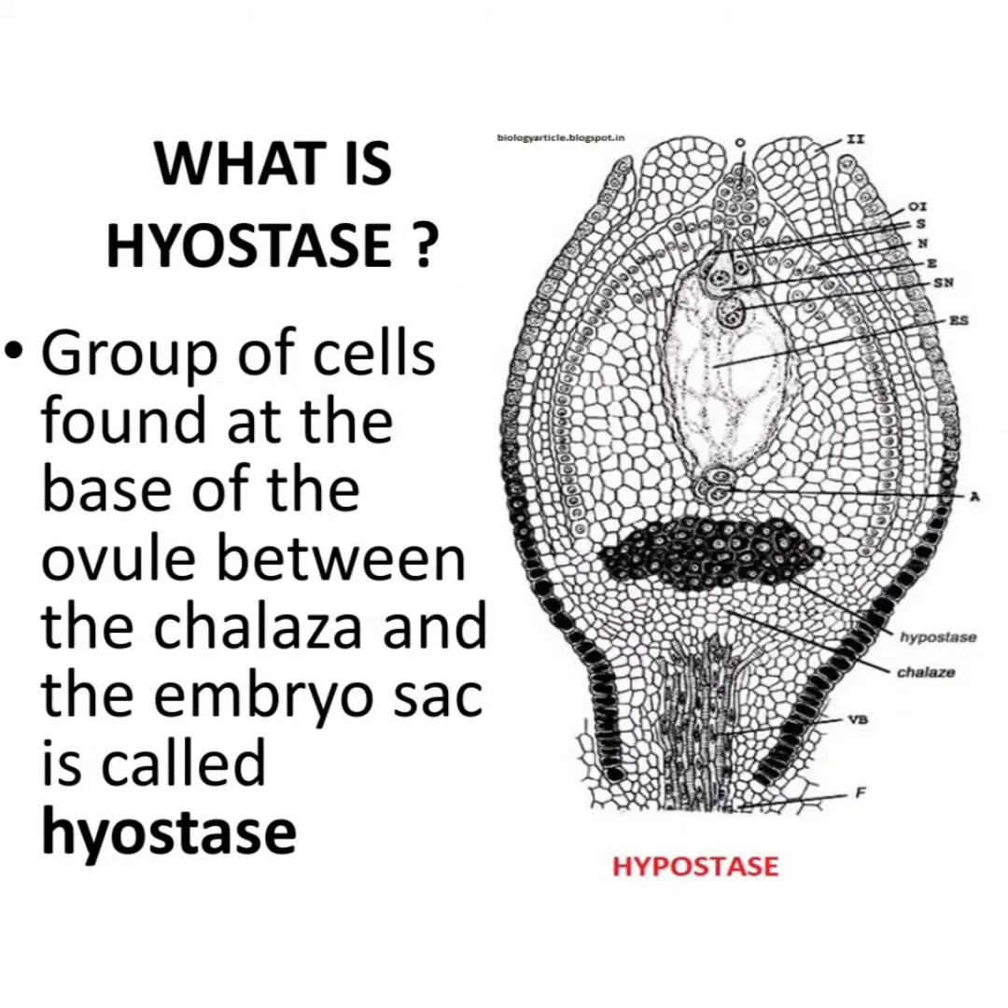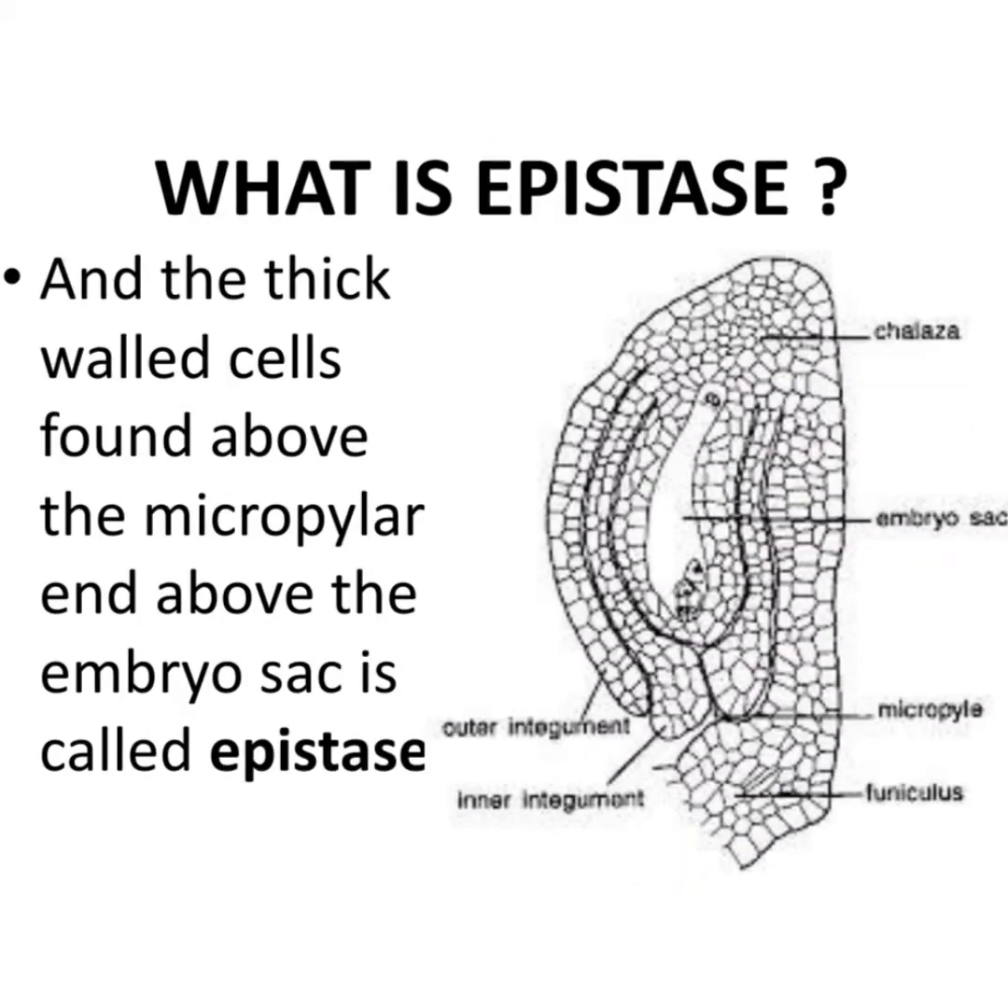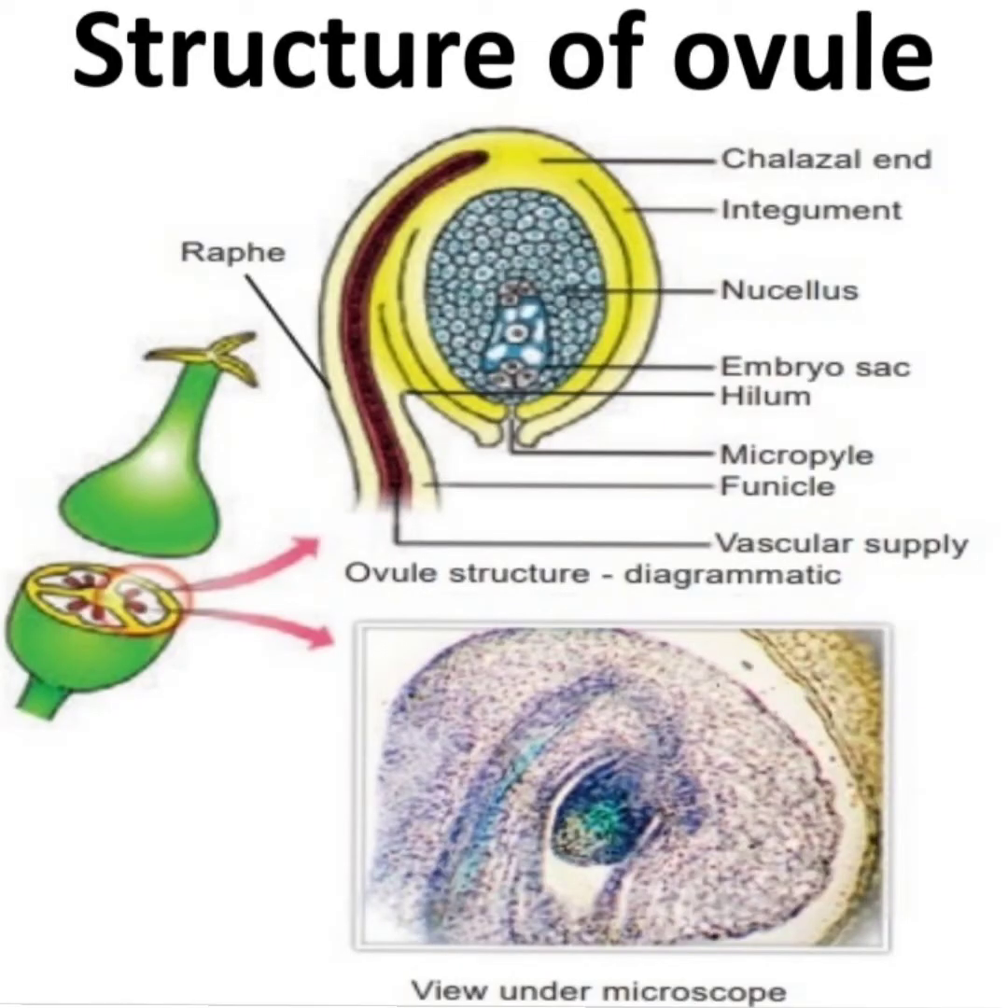What is hypostase? The group of cells that are found at the base of the ovule between the chalaza and the embryo sac is called the hypostase. What is epistase? The thick-walled cells that are found above the micropylar end, above the embryo sac, are called the epistase. Now here you can see the structure of the ovule, where it has an integument,